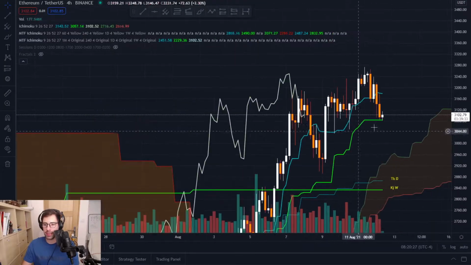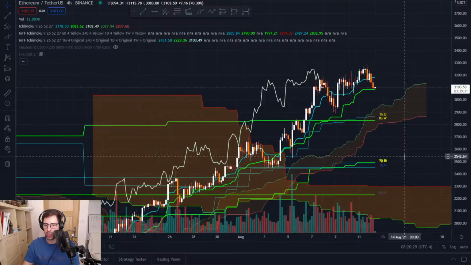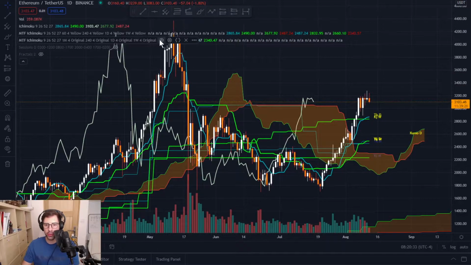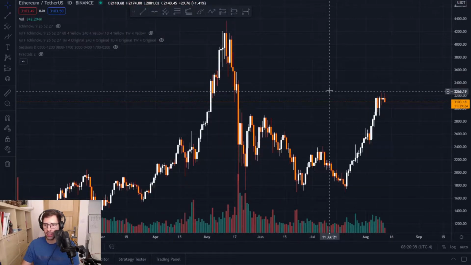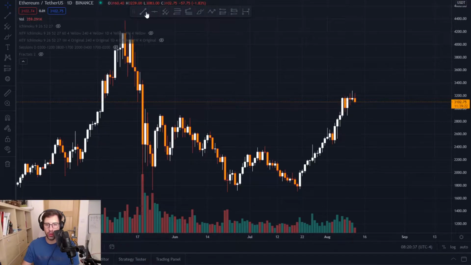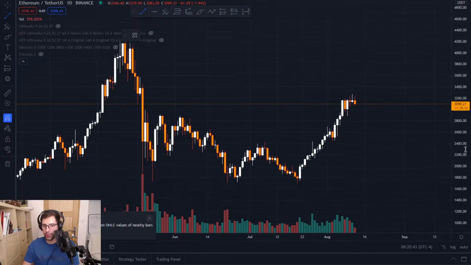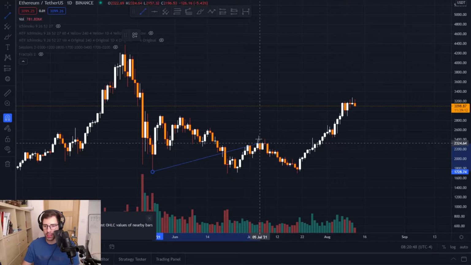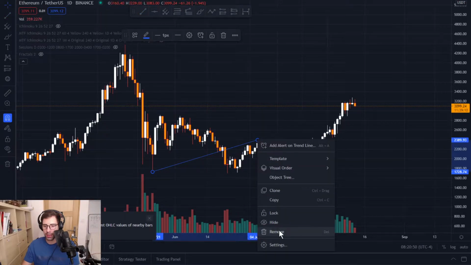The resistance, as I'm here, because some people don't know much about how to trace a trend line, etc. So what I recommend is to look at a daily chart, daily time frame. You click on your trend line here, turn on the magnet, and then have a quick look at what stuff you can spot. We can spot this one as the lowest, and it went up to here. We right click on it.